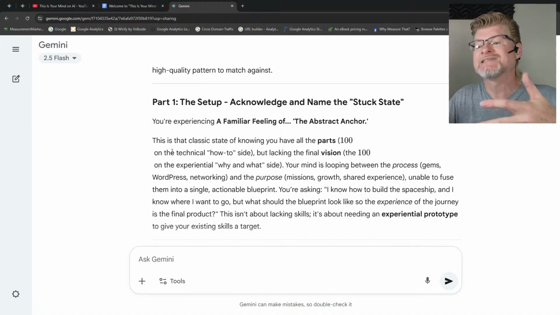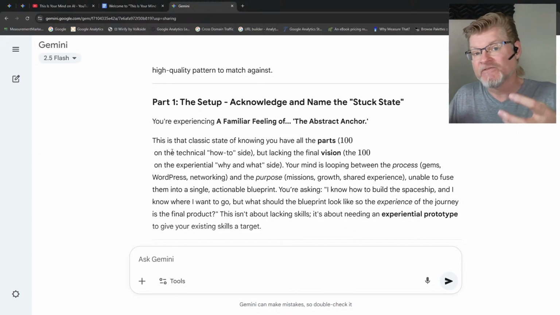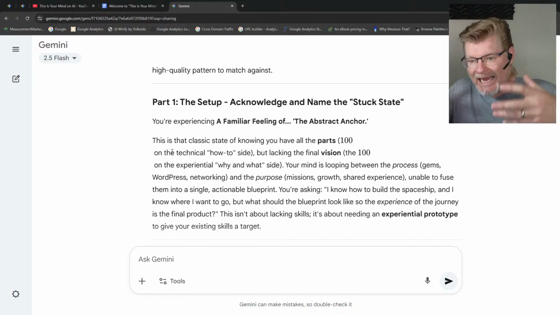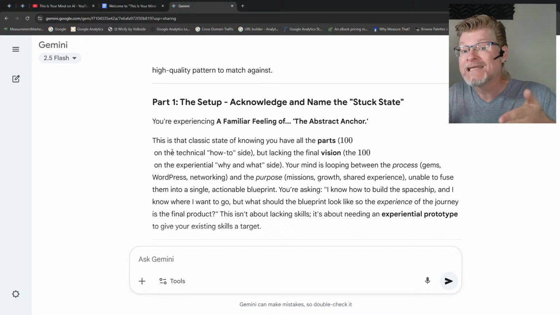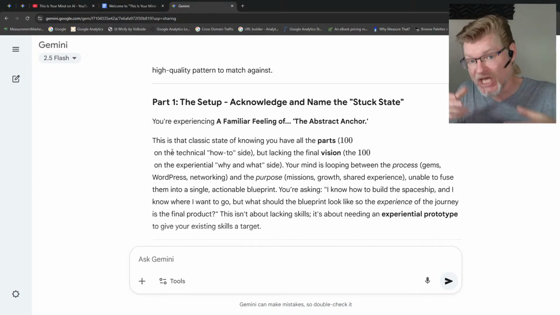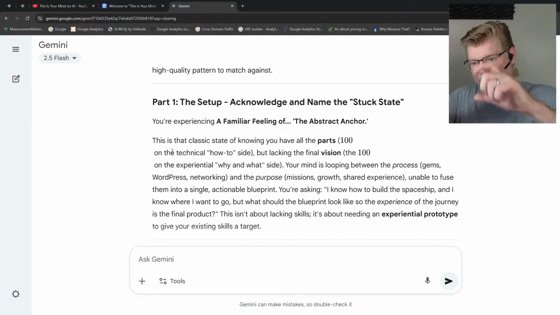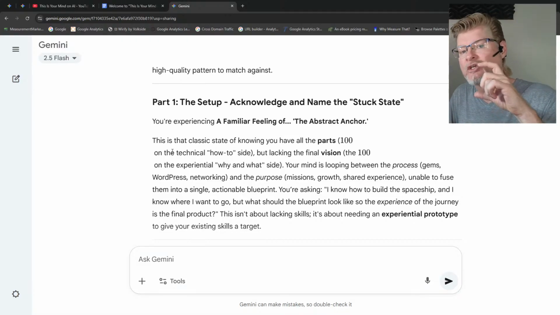But this machine is designed to mimic that, right? That's why it's reacting like this. The difference between me and maybe somebody else who does this stuff accidentally is I understand I made it do this because I wanted it to do this. I designed the gem so it would do this and say, I need you to go in there, grab my patterns, experience it, and reply back with this, like, just show me the better version of what I was saying. So I know that it's correct, right?